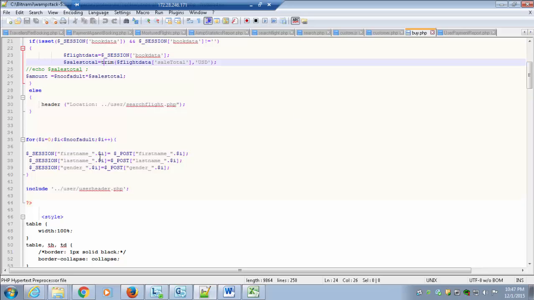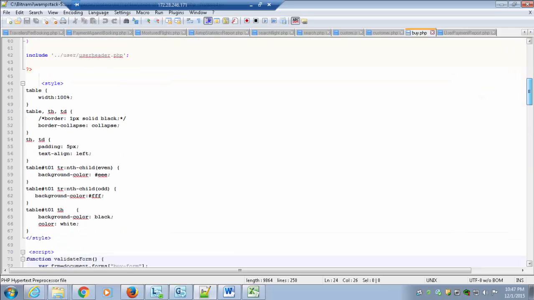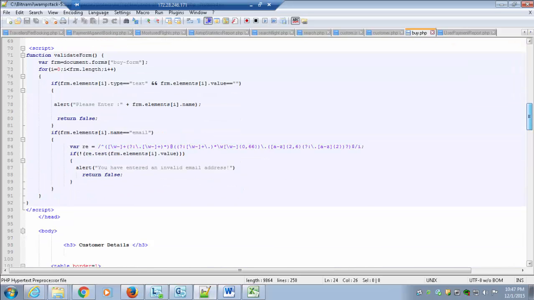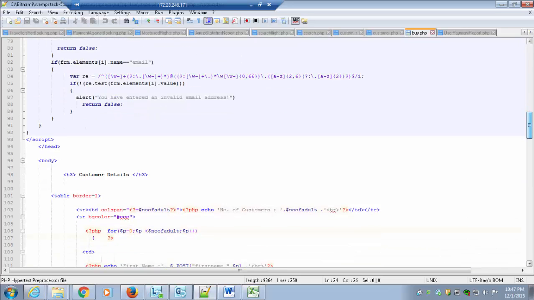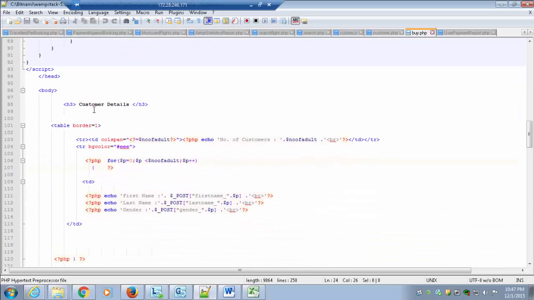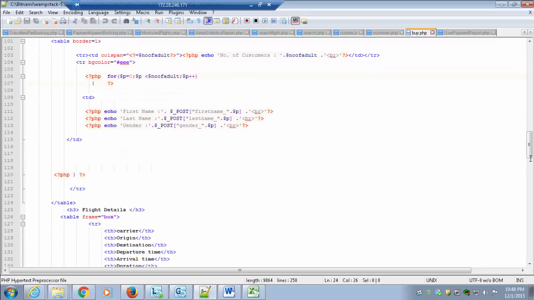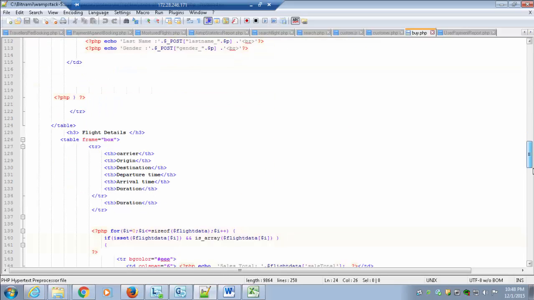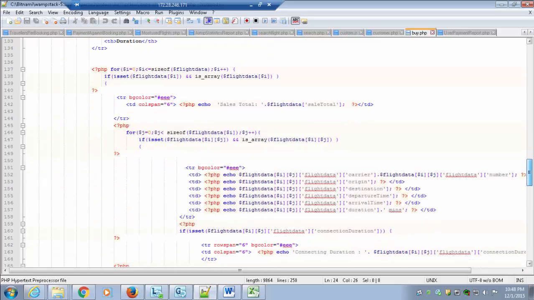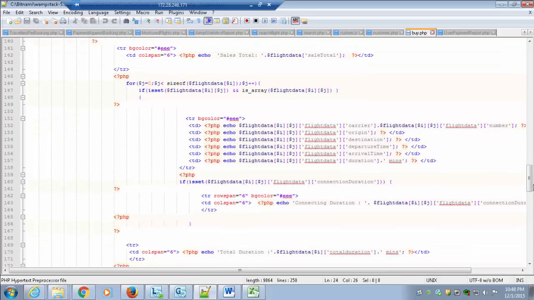Then we fill in the information of the number of adults. If it's 2, we fill in the information of 2 adults. And these are all the validations which have been done. So this gives us the entire customer details of who is going along with the flight details. And this is all populated on the page.